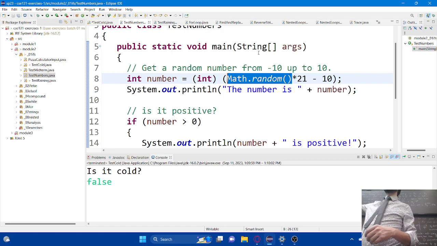And then you'll add the lower bound again, which has the effect of shifting it, right? If your lower bound is negative, it's going to shift the whole range down. If your lower bound is positive, it's going to shift the whole range up. Do you see that? And then from here, you can decide to either cast it to an integer or not, depending on whether you want your random values to be integers or not.